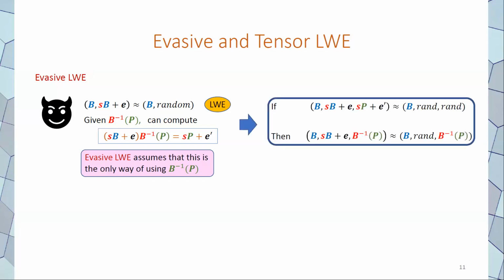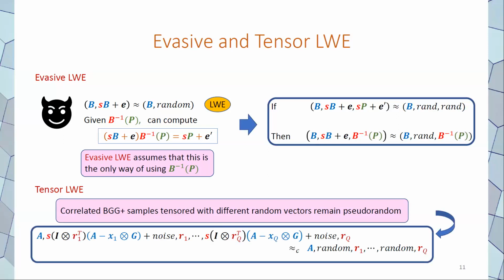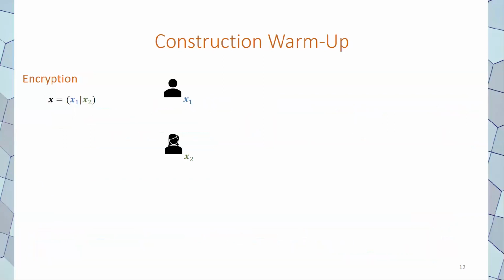Then tensor LWE says that correlated BGG plus ciphertext components, when tensored with different random vectors, remain pseudo-random. So here it is. Given A and SA minus X tensor G, which is basically a BGG plus component, if this is tensored with Ri transpose, even if these random vectors are given out, these terms remain pseudo-random. So with these tools in our hand, let us look at the high-level idea of